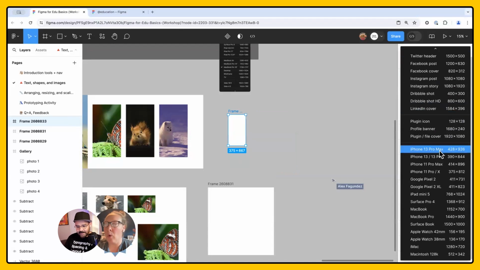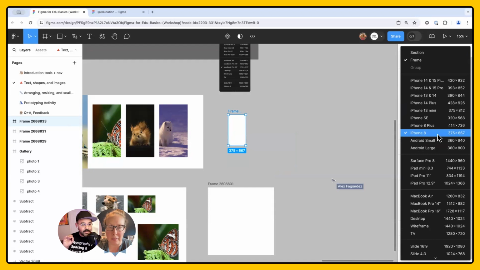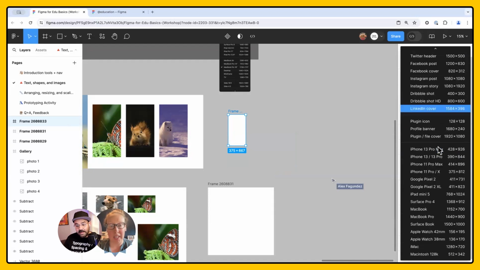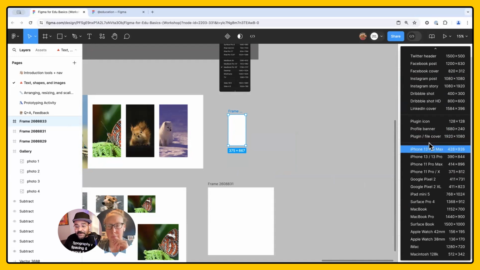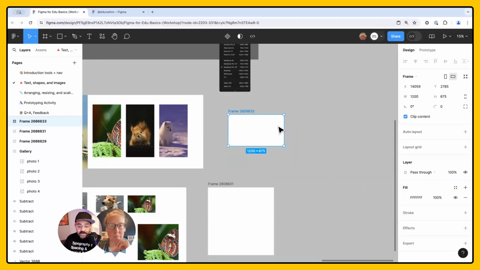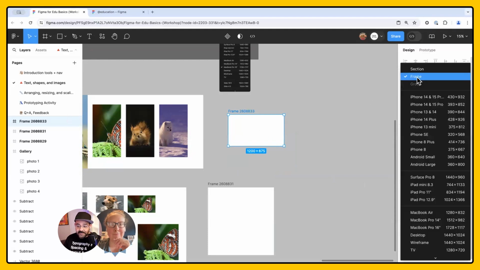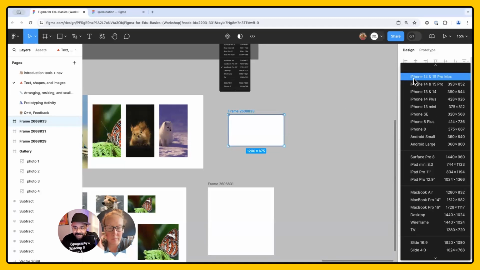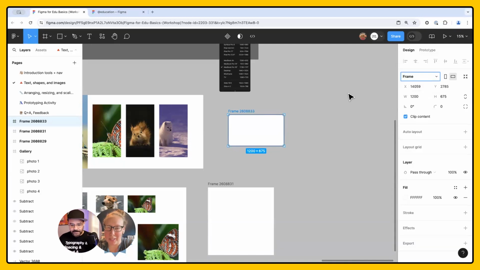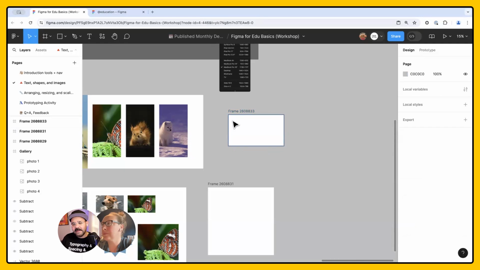That's really cool. And Miggy, why is that so helpful? What would I be using that for if I'm designing for a specific device? So if you're making a Twitter post, you want the exact Twitter post dimensions. When you click on frame, you can just type it in. I could type in TWI, and you'll see it goes right to that. I could also type in PH, or say iPhone, and it's going to zoom right to the iPhone one. That's really cool. No, that was great. Absolutely.